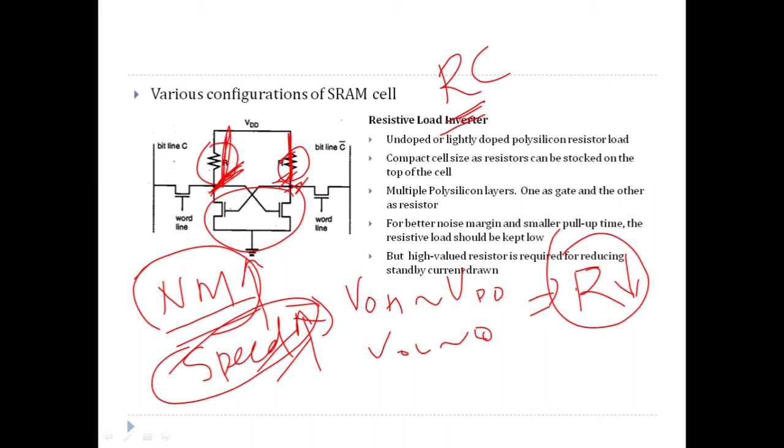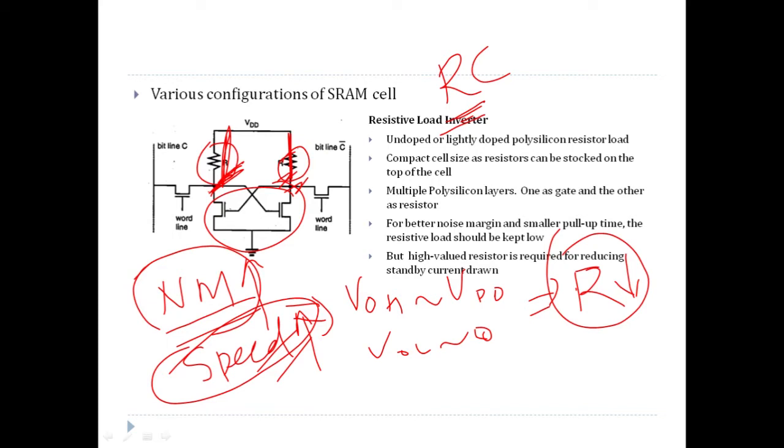If you remember, there was one more criterion used for the assessment of memory. The criterion was the power consumption. We are talking specifically about the static power consumption. That means when there is no read or write operation happening in the memory, it has to preserve the value which is stored in it. The amount of power consumed to preserve that value is the static power or the standby power. We can say the power consumption in standby mode.